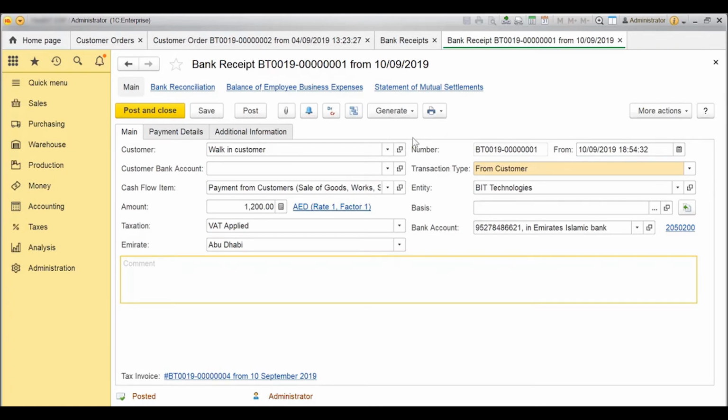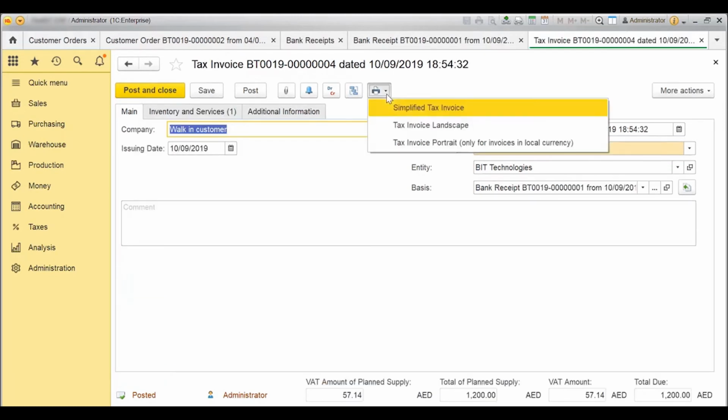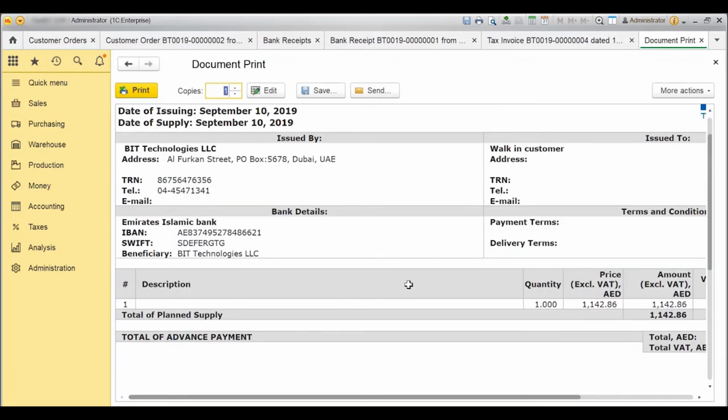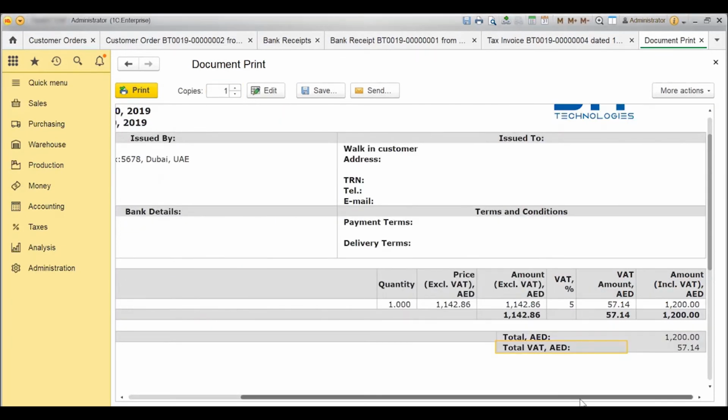To see the effect of VAT from prepayments, open a tax invoice, go to Print option, and choose either of the details print forms, that is tax invoice landscape or tax invoice portrait. You can see the tax invoice will show the value of advance as total of advance received. The tax invoice generated from invoice will show the value of advances separately and balances separately once you link the advance payment in the invoice document. Let me show you an example.